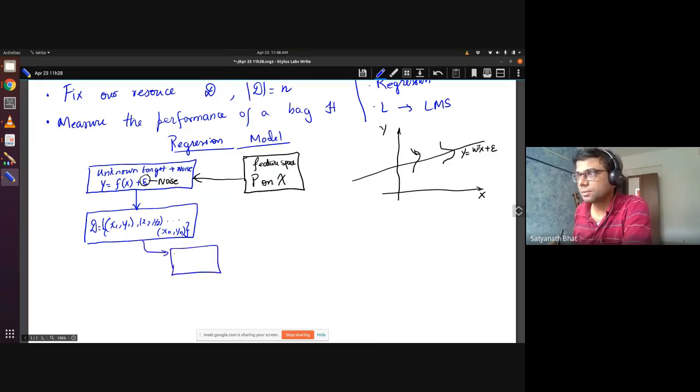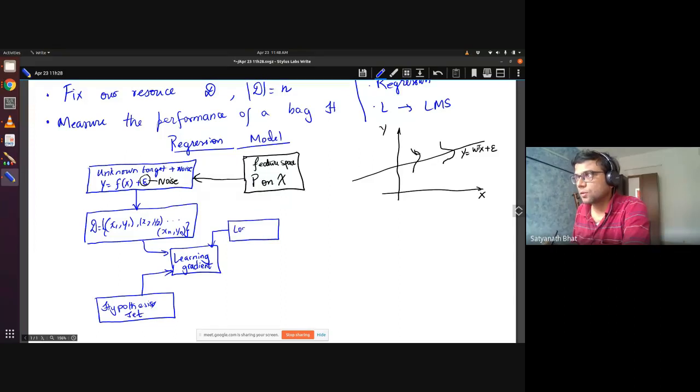The learning algorithm that we can think of may be a gradient descent type of learning algorithm. And to that, we need to tell what hypothesis set we are using, what degree of polynomial am I using, things like that. And of course, the learning algorithm also takes as input the loss function. The loss function tells how to compute the gradient. So this is an example; let me not write that gradient there. You will think that it is something. So, the learning algorithm.